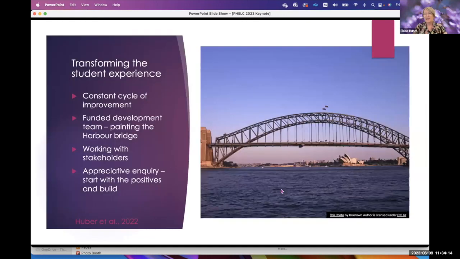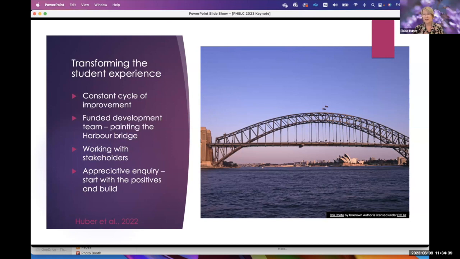So I'll frame a little bit. I've talked all about what I think about these things, but I'll tell you a little bit in relation to this large scale project that I lead with the team. Ultimately, it's about how we transform the student experience in these large cohorts. It's through cycles of improvement.